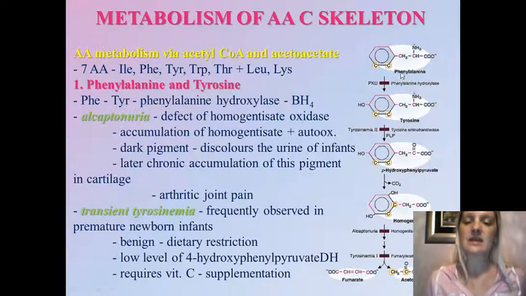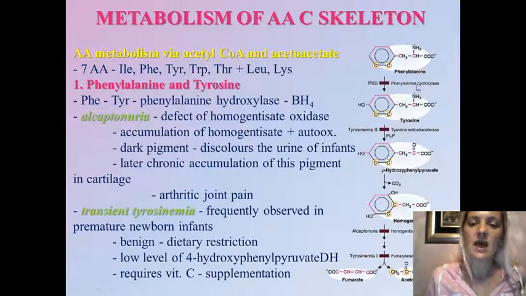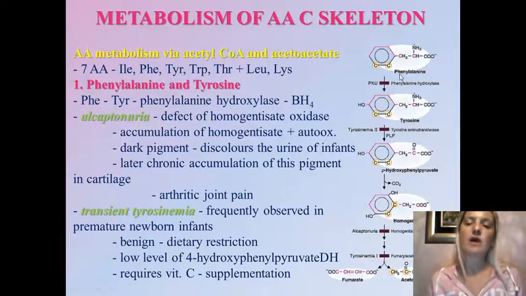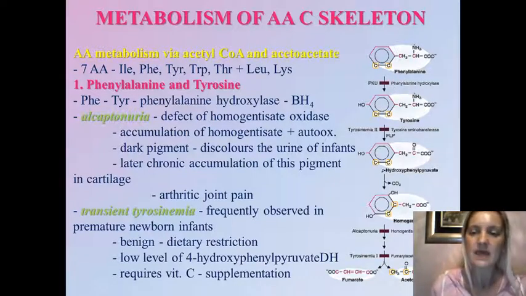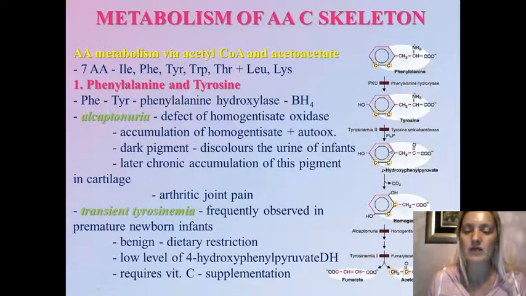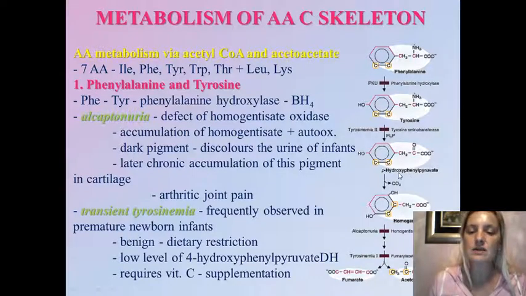So phenylalanine is hydroxylated by phenylalanine hydroxylase to tyrosine, and BH4 coenzyme is required for this hydroxylation process, as we have already mentioned before. Then tyrosine undergoes transamination by tyrosine aminotransferase to hydroxyphenylpyruvate, and pyridoxal phosphate is required for this reaction. And this intermediate undergoes decarboxylation to form homogentisate, and homogentisate oxidase transforms this molecule into several